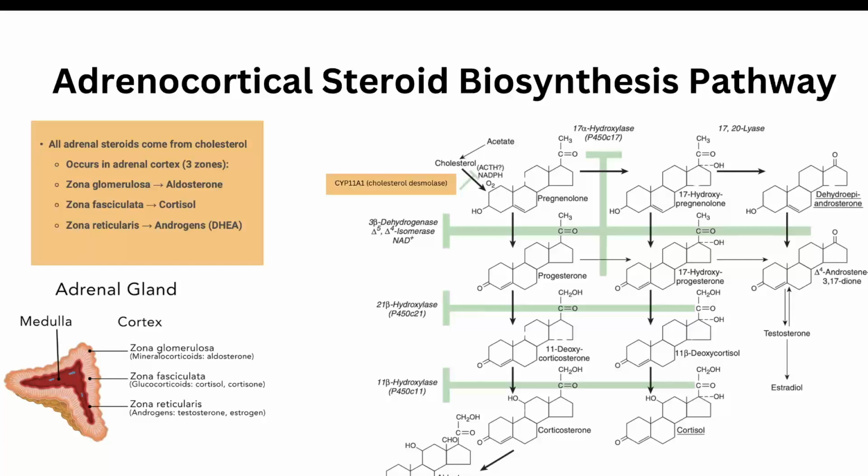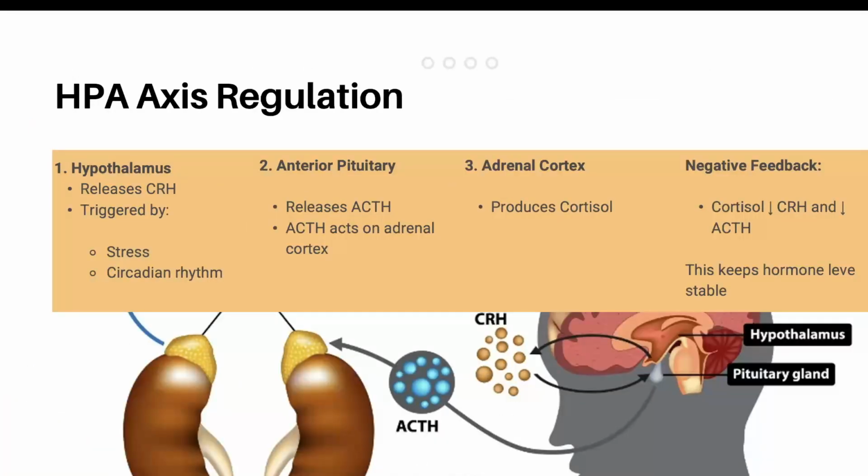In case of glucocorticoid, there is something called the HPA axis. What we mean by HPA axis is H stands for hypothalamus, P for anterior pituitary, and A for adrenal cortex. When the cortisol level in the blood is low, the hypothalamus, which is a specific area in the brain, is responsible for releasing a hormone called corticotropin